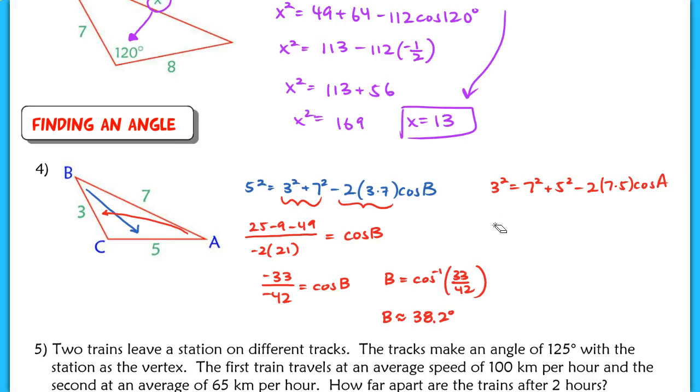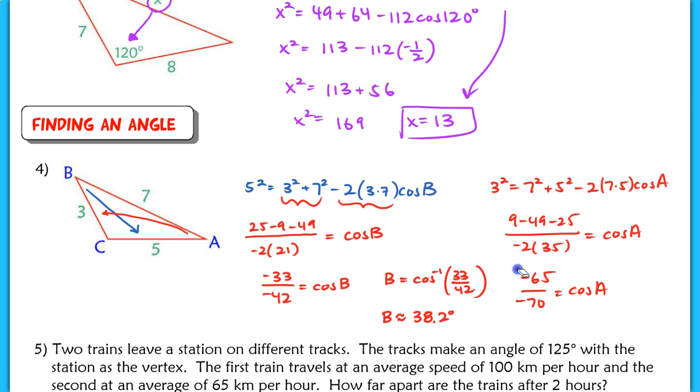So I'm working on isolating cosine of A, so I'd have to subtract these two terms here and then divide out that negative 2 times 7 times 5. So we have 9 minus 49 minus 25 all over negative 2 times 35, and that will equal the cosine of A. So I end up with negative 40 minus 25, negative 65 over negative 70 equals the cosine of A,